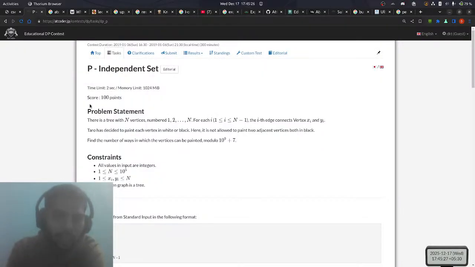So there is a tree with n vertices numbered 1 to n. For each i,